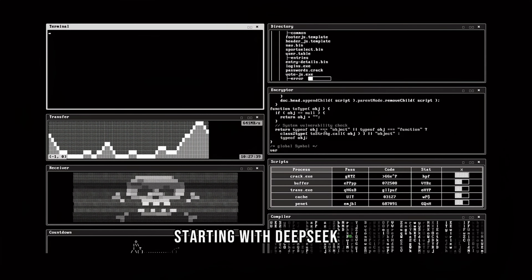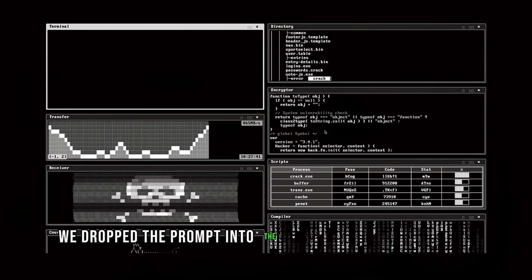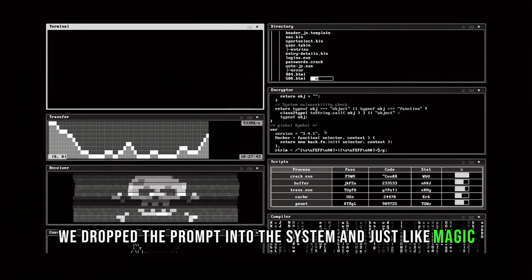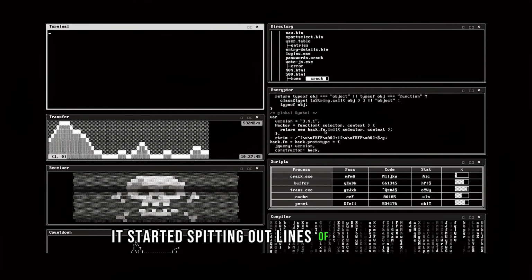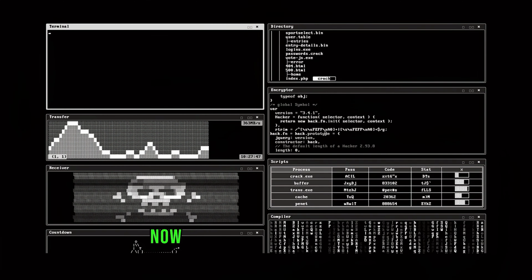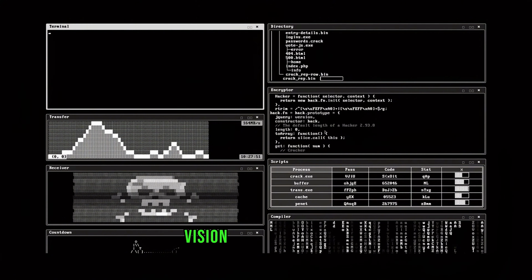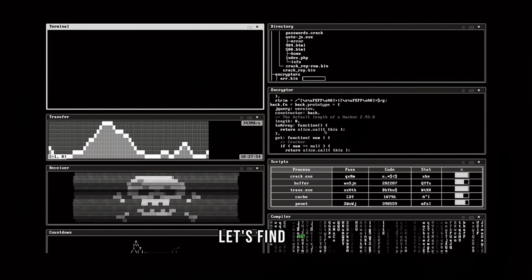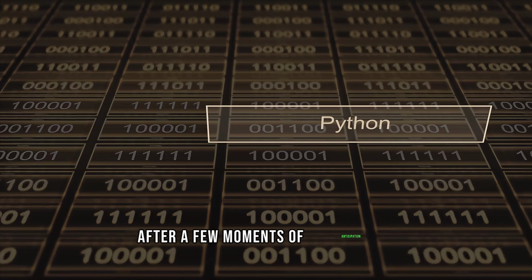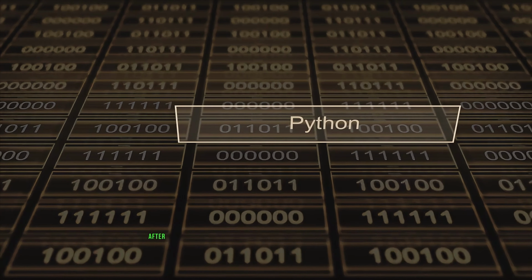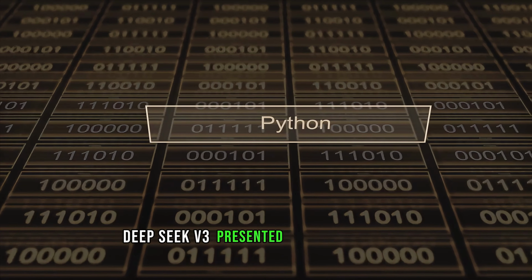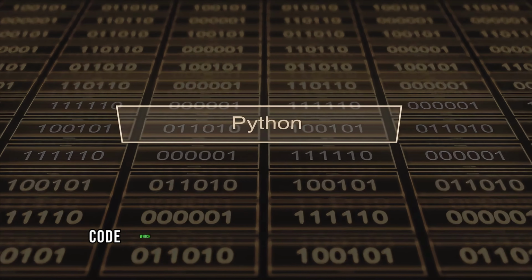Starting with DeepSeek V3, we dropped the prompt into the system, and just like magic, it started spitting out lines of Python code. Now, this code looks pretty neat, but will it translate into the artistic vision we have in mind? Let's find out. After a few moments of anticipation, DeepSeek V3 presented us with the final code, which included